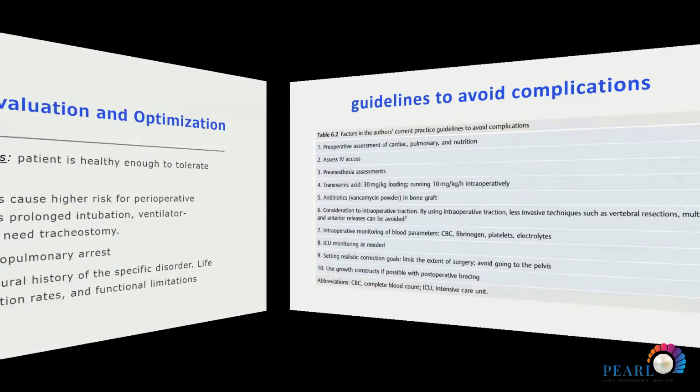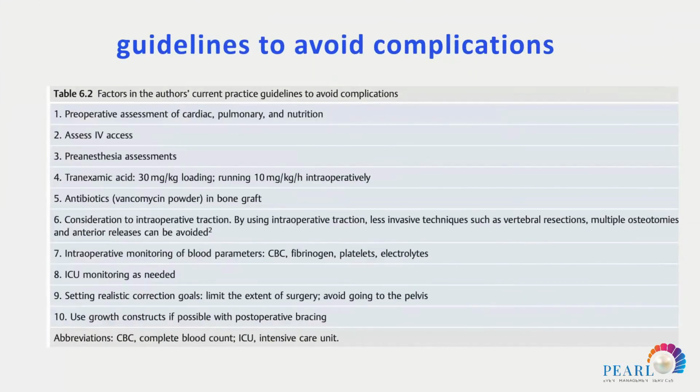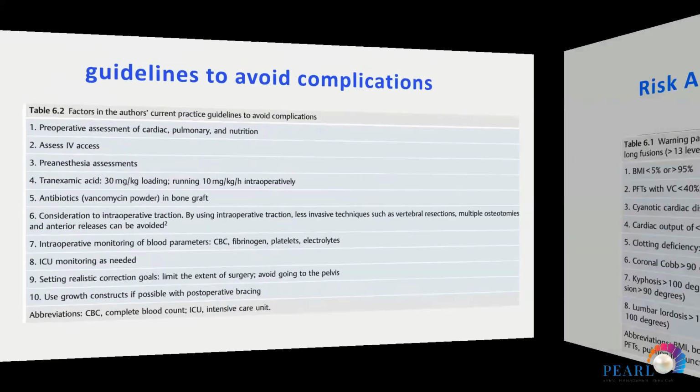There are guidelines to avoid complications, as we said, about cardiac, pulmonology and nutrition, also pre-op anesthesia consultation, and use of tranexamic acid, antibiotics, and vancomycin in the bone graft. Also, after surgery, it is very important to put the patient in the ICU to continue optimizing the results of our